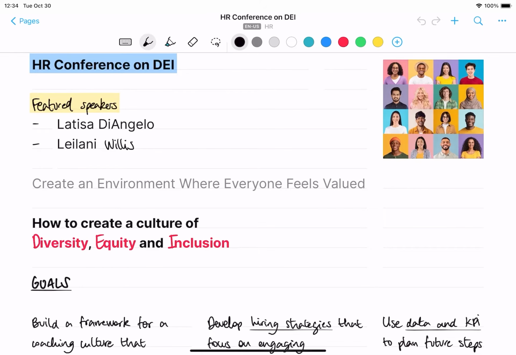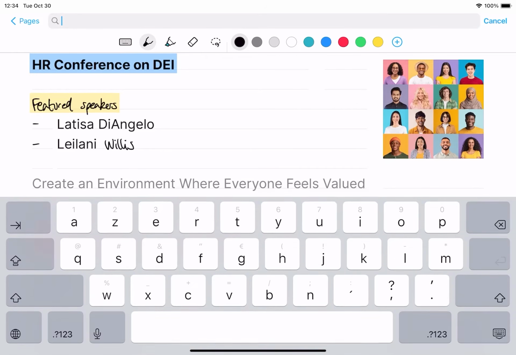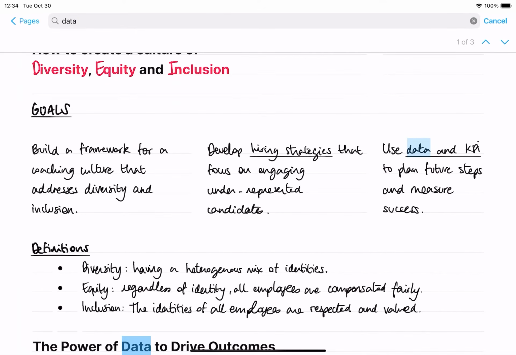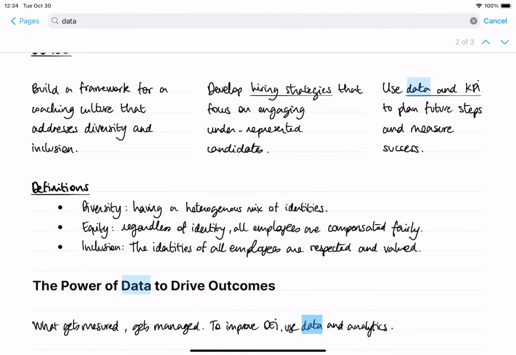To search the content on your page, tap the magnifying glass icon, type what you're looking for, and tap Enter. If the search term appears on your page, it'll be highlighted. If there are multiple hits, tap the arrows to jump to the next or previous one. If you enter several words, Nebo will search for each of them separately. Note that only the current page will be searched.